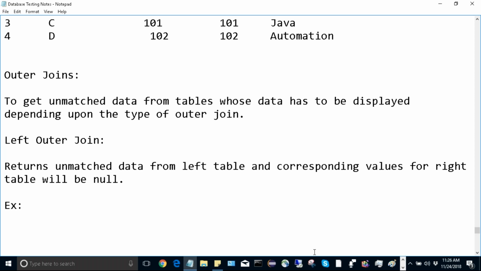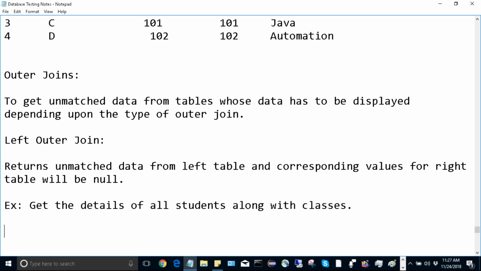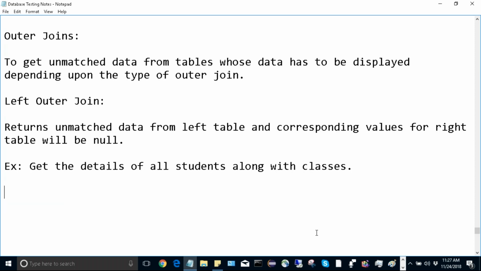So I want to get the details of all students along with classes. Okay, so now how do you write the left outer join query? So the solution is, our SQL query is